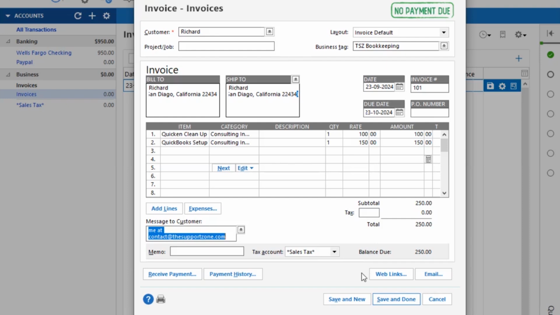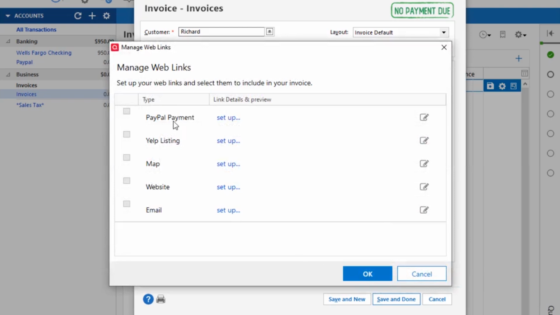So there is an option called web links. You can see it here, web links. You can set up your PayPal account here to receive payments. You can set up your website as well, on which you can receive payment. And you can even set up your email and all these kinds of things. I will create a dedicated video on PayPal payment, how you can receive payments